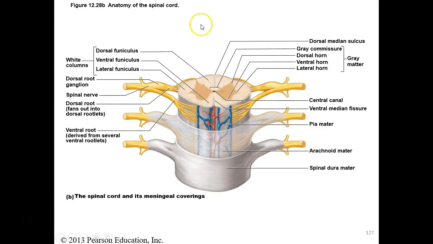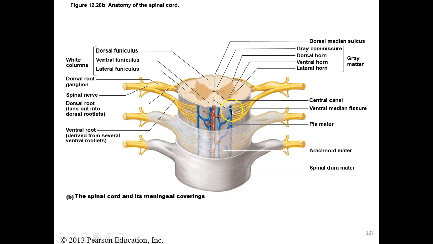So again, a cross-section view of the spinal cord with its meningeal covering, so dura mater, arachnoid, and of course pia mater down here. And illustrating again how the spinal nerve is formed. There are fibers which come out of this anterior part of the gray matter known as the ventral horn, and the rootlets or axons which come out of this collect to form a common neural structure known as the ventral root of the spinal nerve,